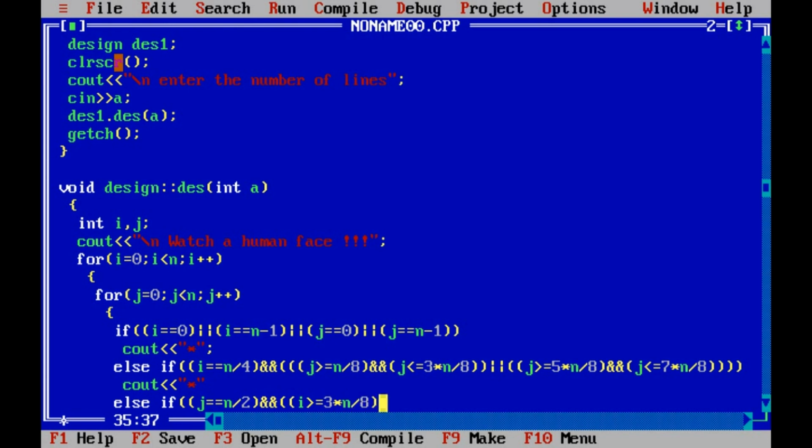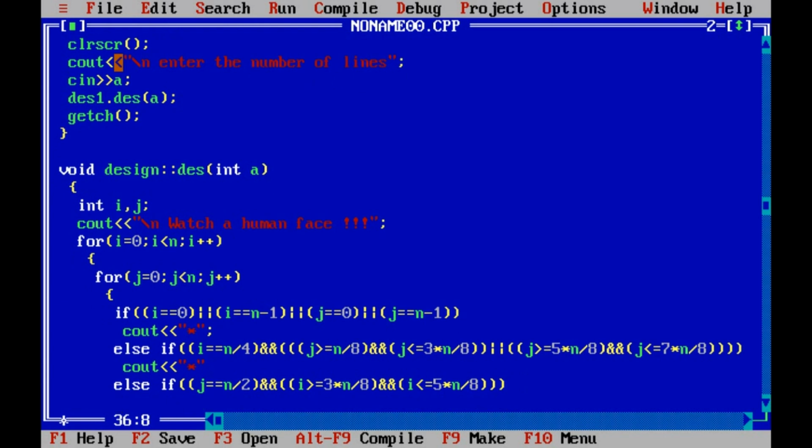The next eighth quarter of that, i equal to n by 4, is 3n by 8. And from 3n by 8 to 5n by 8 we are printing a vertical straight line which will print our nose. Now we need to print cout star.